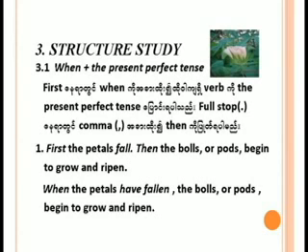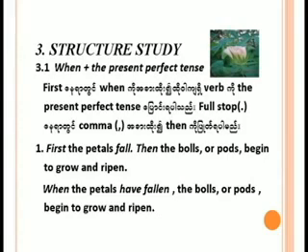The given sentence is: first, the petals fall, then the bulbs or pods begin to grow and ripen. According to the given instruction, we can rewrite that sentence such as: when the petals have fallen, the bulbs or